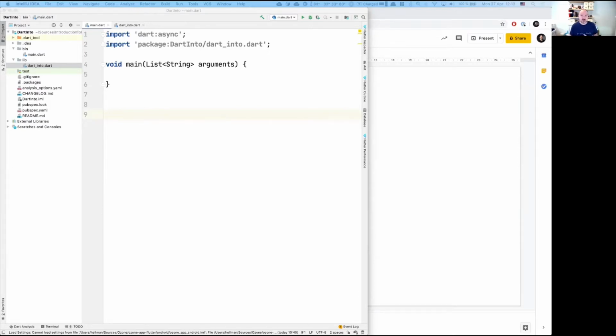Instead, I'm going to focus on two parts. I'm going to focus on the optional and named parameters for functions and constructors, and why that is important, you'll see soon. And I'm also going to talk about the asynchronous programming in Dart, how that works. This will just be brief introductions. You just touch upon the topics just to give you a better grasp when I'm going into the Flutter code. So what you see here is